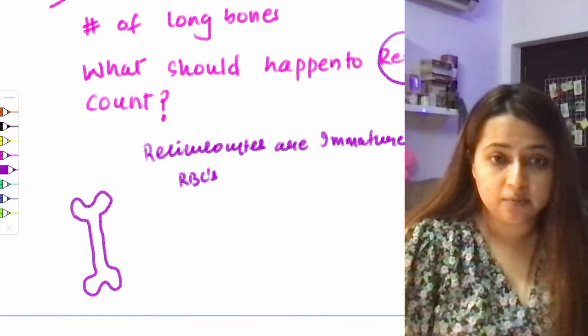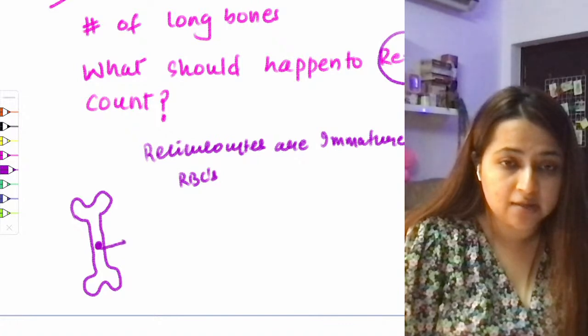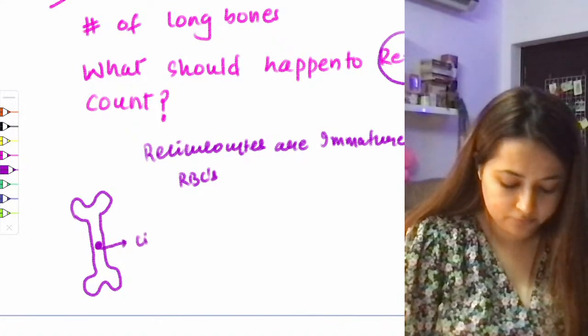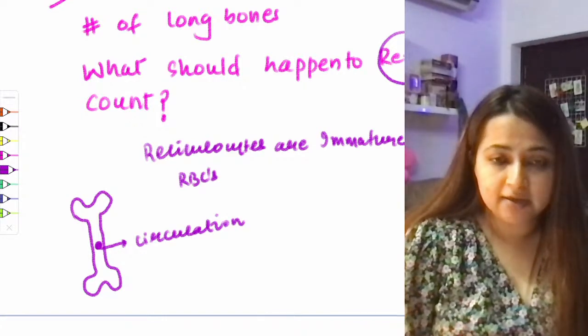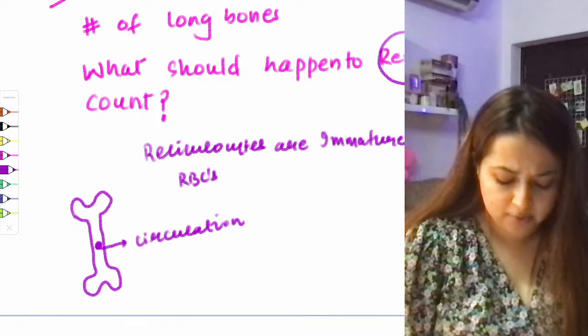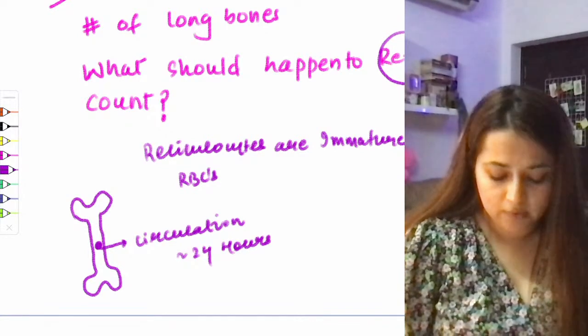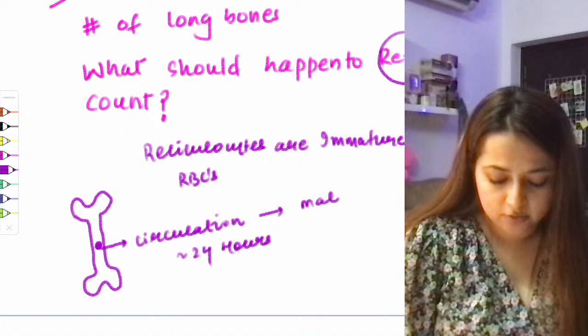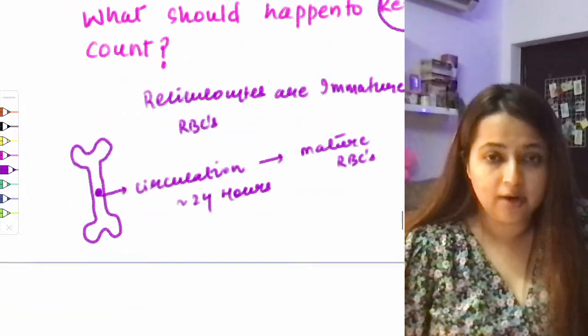One of the precursors of RBCs is the reticulocyte. The reticulocytes are formed in the bone marrow and they are released into the circulation. They remain in the circulation for approximately 24 hours, and ultimately they convert into mature RBCs. Now what happens is,